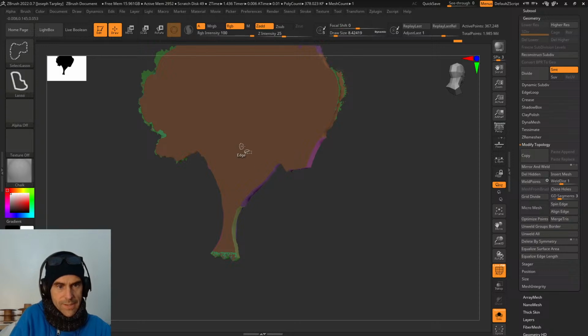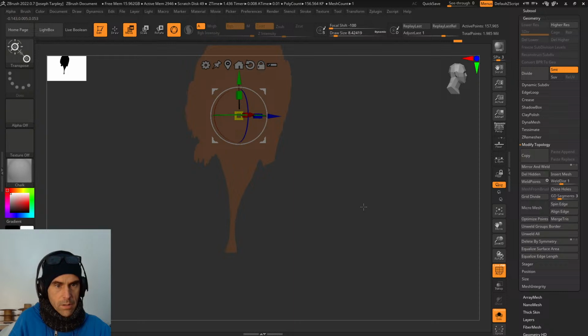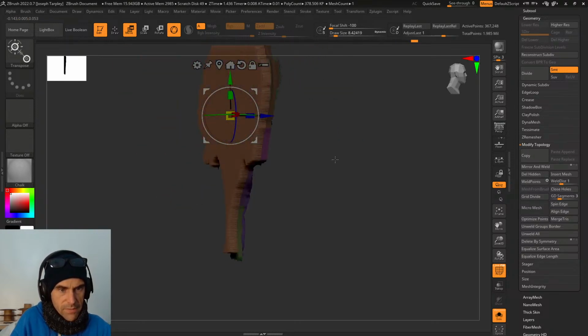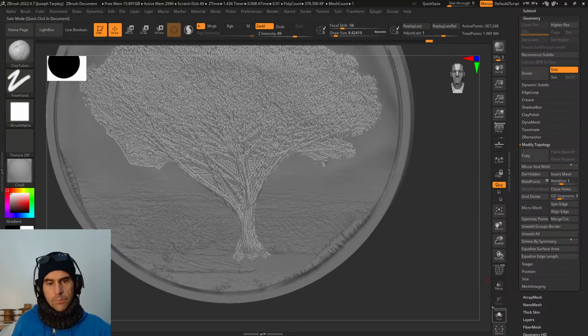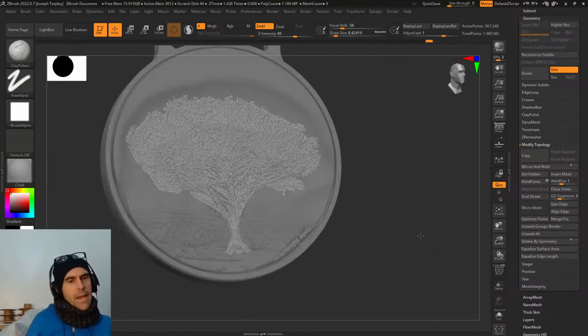Oops. Should be able to select this if I'm not an idiot. There we go. Now I can take this and mask everything else, and then should be able to slide this back a bit, give us a little bit of extra thickness just in case we need it. Okay, now we got a tree kind of hanging out here,